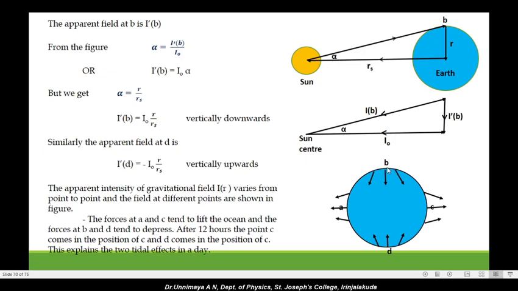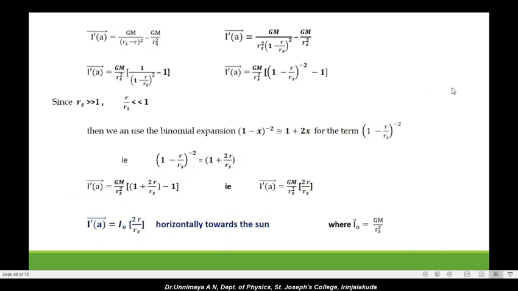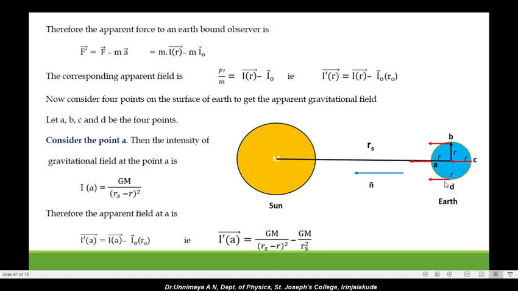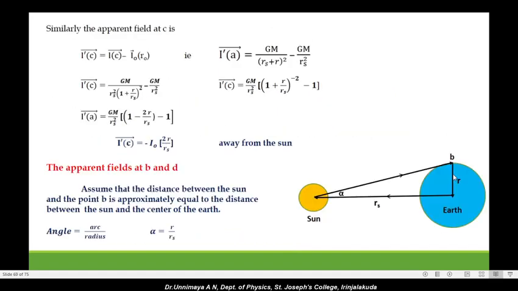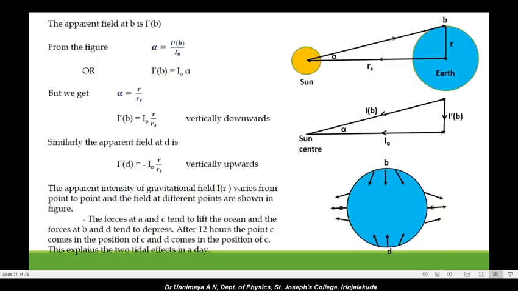എങ്ങനെയായിരിക്കും ബിയിൽ നിന്ന് വരുന്നത്? ബിയിൽ നിന്നുള്ള പോയിന്റിൽ നിന്ന് എപ്പോഴും താഴേക്കായിരിക്കും. That apparent field is vertically downwards. Apparent field at the point B. ഇതിന്റെ ടോപ്പിലുള്ള ഒരു പോയിന്റ് ആണ് കൺസിഡർ ചെയ്തതെങ്കിൽ. Similarly, the apparent field at the point D. D എന്ന് പറഞ്ഞൊരു പോയിന്റ് ആണ് നമ്മൾ കൺസിഡർ ചെയ്തതെന്ന് വിചാരിക്കുക. D എന്ന് പറഞ്ഞ പോയിന്റ് എവിടെയാണ്? ബിക്ക് വെർട്ടിക്കലി താഴെയുള്ള എർത്തിന്റെ താഴെയുള്ള ഒരു പോയിന്റ് നമ്മൾ കൺസിഡർ ചെയ്യുകയാണെങ്കിൽ the apparent field at D will